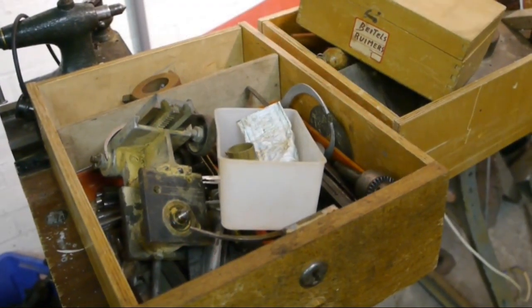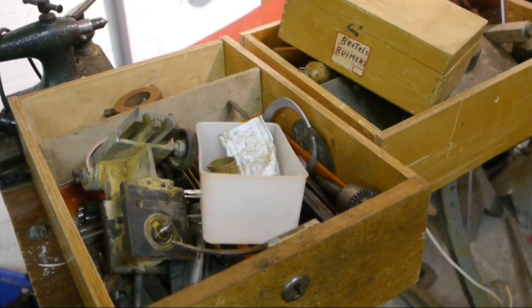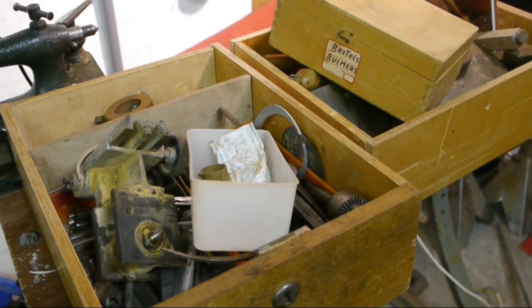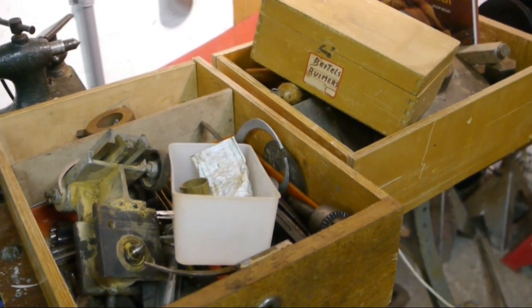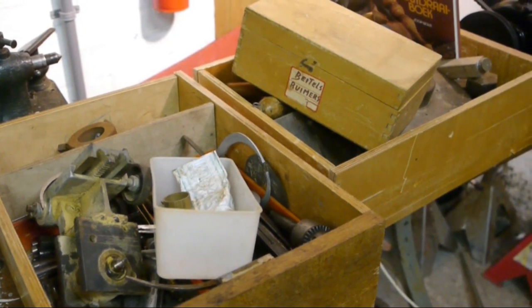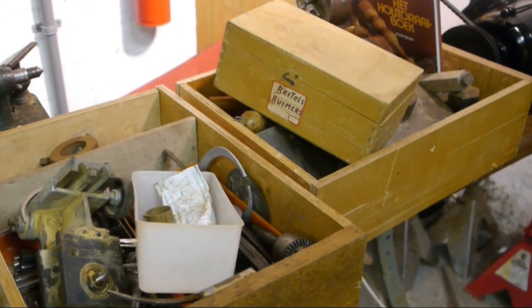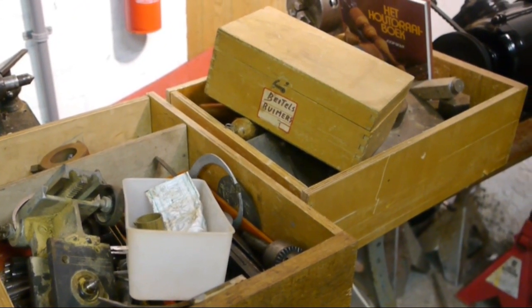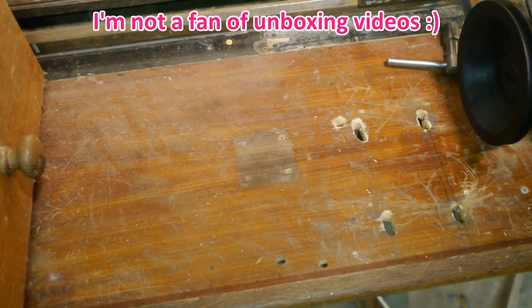So I'm going to show you all the stuff that's in those boxes that came with the lathe, so you can help me figure out what this stuff is, because some of these things I have no clue. It'll be a sort of an unboxing, but I promise I won't show you any packing material or warranty leaflets or any of that nonsense. The content of the first box: